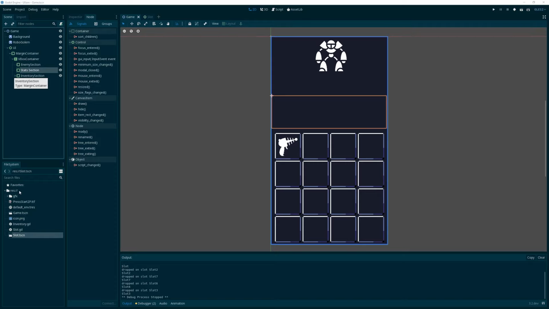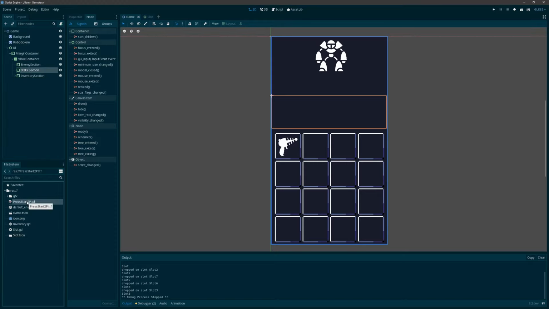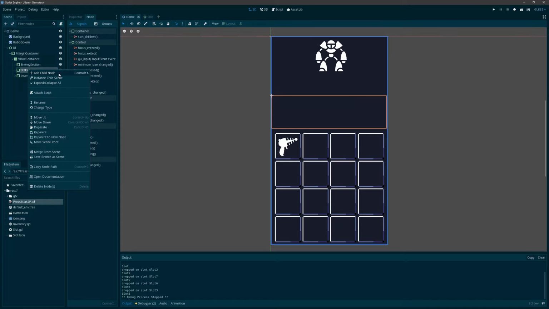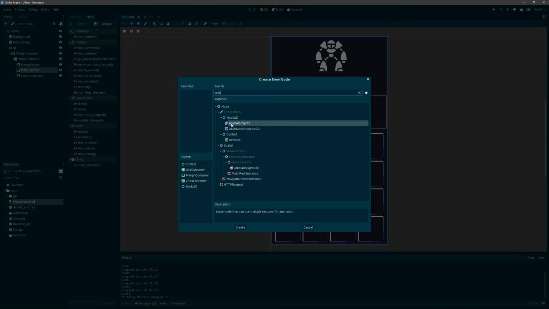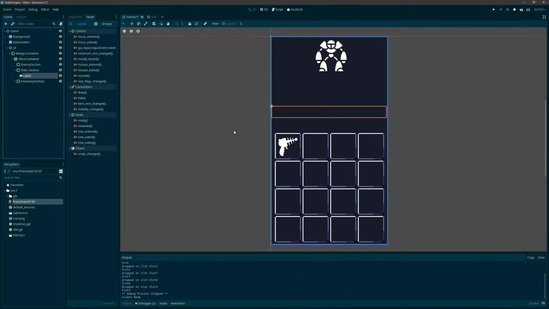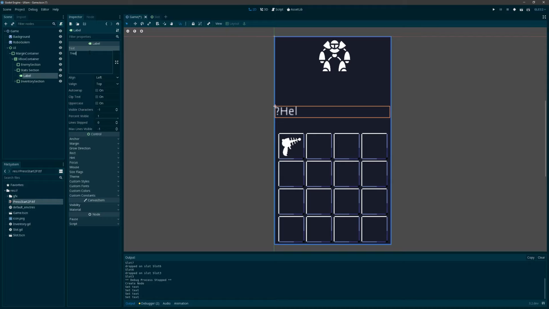Let me see what this looks like if I were to say add a label. There, label. Add a label. And let's put some text in it. Hello. And then we'll say